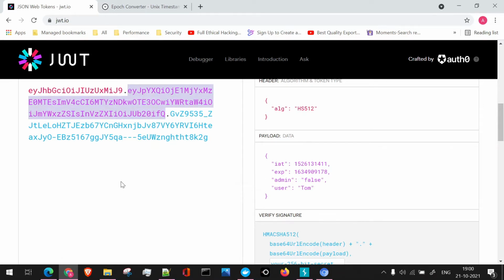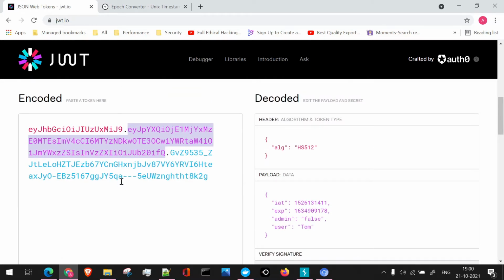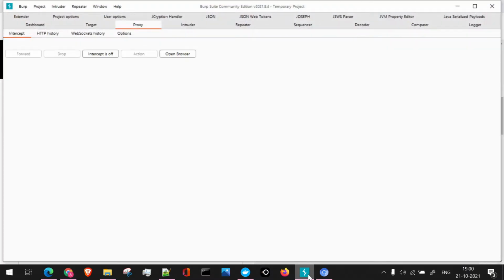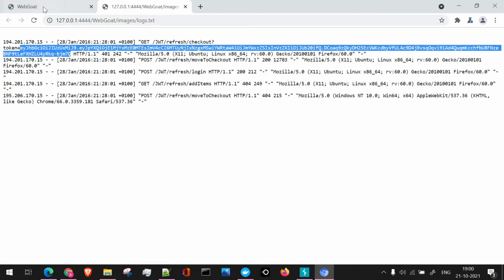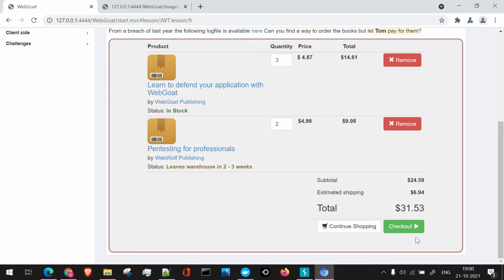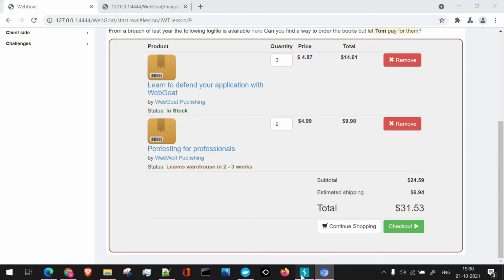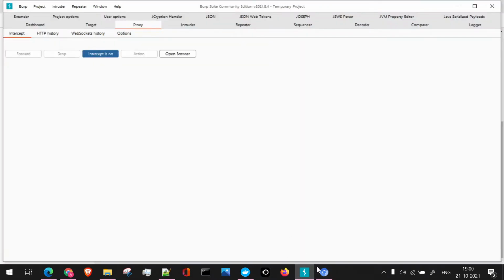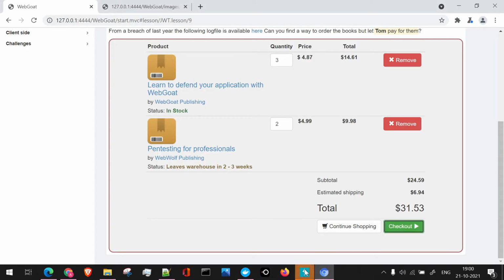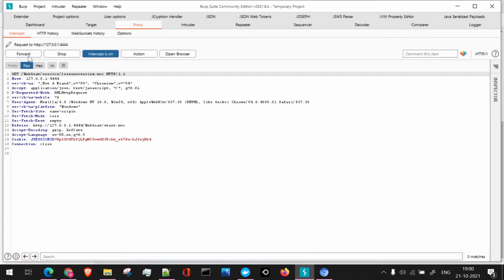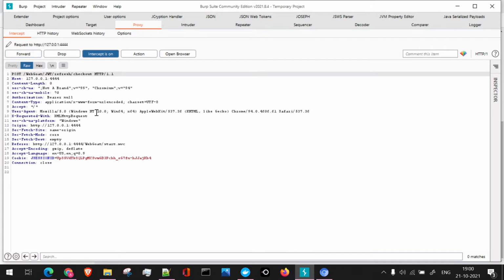For the first part, let's see what happens if we click on checkout on this page. There is a checkout option. First let's see what request we get when we click on checkout. I'll turn on the intercept, navigate here and click on checkout. I'll forward this, and we have the checkout request.